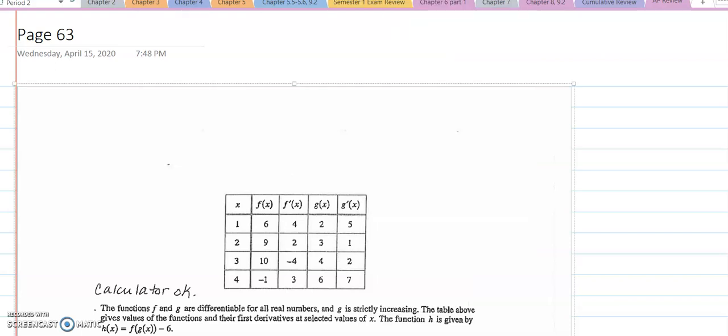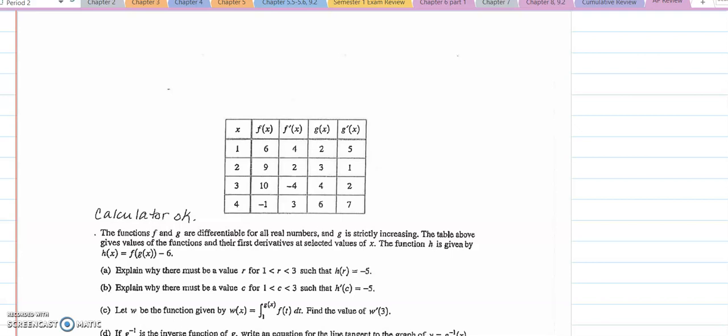The functions f and g are differentiable for all real numbers, and g is strictly increasing. The table above gives values of the functions and their first derivatives at selected values of x. The function h is given by h equals f of g of x minus 6. One thing that I see when I read the text is that the very first few phrases here are really important. The functions f and g are differentiable, and the fact that they're differentiable means that those two functions